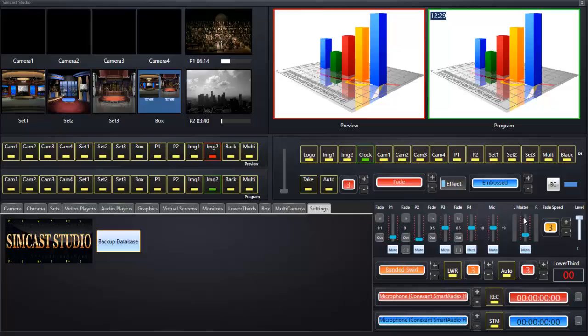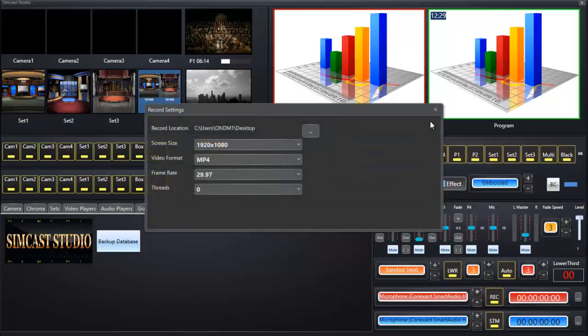There's the master volume switch, which is the main volume for your sound card, and here we've got the fade in, fade out speed, of how long it takes to do a fade in or fade out. And then the level here is how far it actually goes up, but again, you'll find this in other tutorials. Down on the right hand side, we have our settings for recording, where we actually can record,